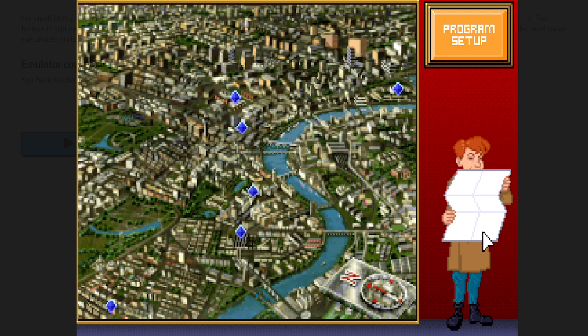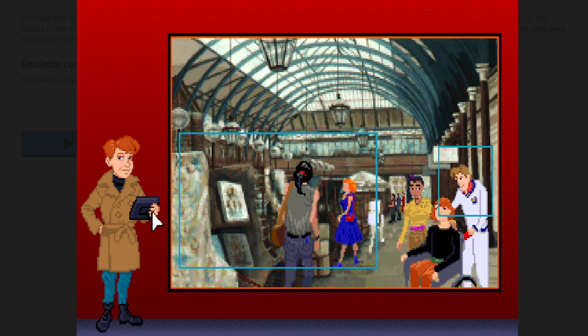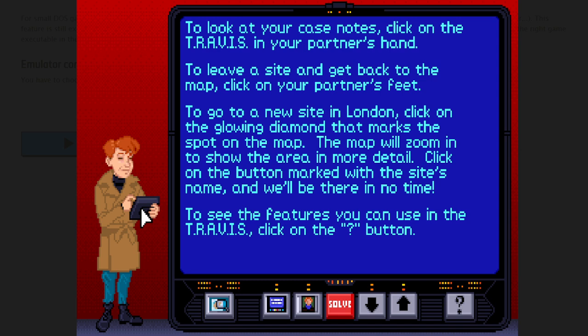Alright, so that's all we need to know there. No more sparkly diamonds. So we need to go somewhere so that we have access to the Travis. So I guess we'll just go back to the scene of the crime to click on the Travis. So here's the fun part. We have to go through all the notes and pick 5 that point to exactly who has the statue. Obviously, I'm not going to read all the clues out loud. Yeah, we don't need to go through all of that, I wouldn't think.